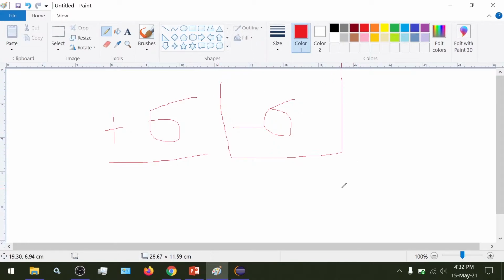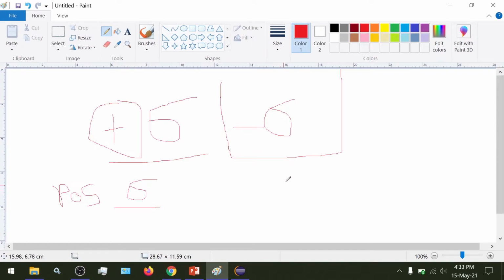And for positive numbers, it is not necessary to have the plus sign associated with it. If you want to represent a positive number, you could just write 6, and a computer would understand that we are representing a positive number.